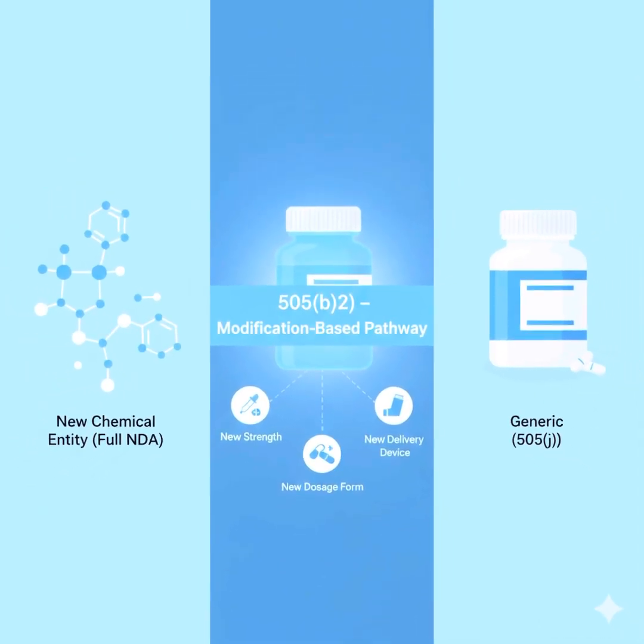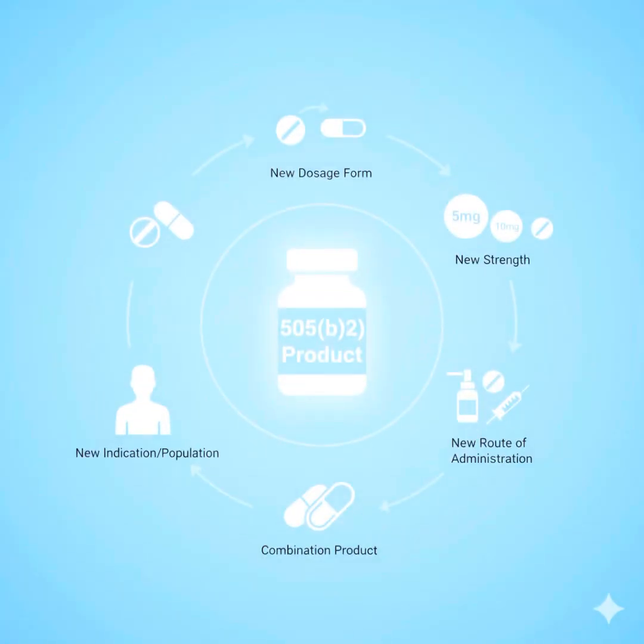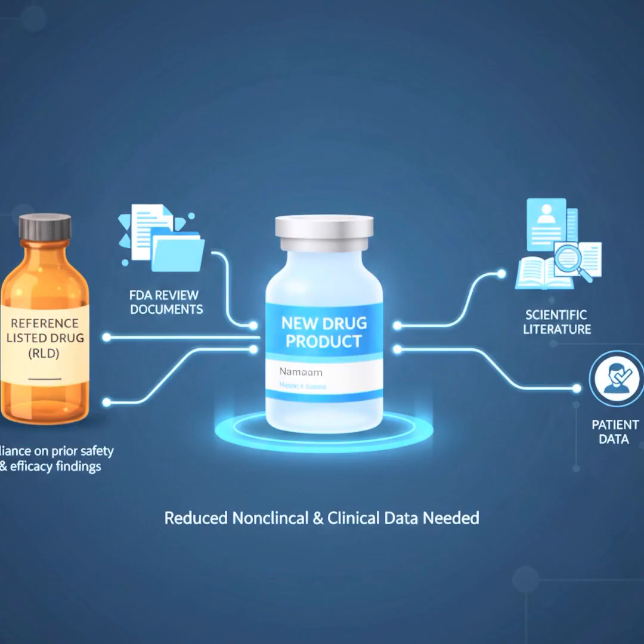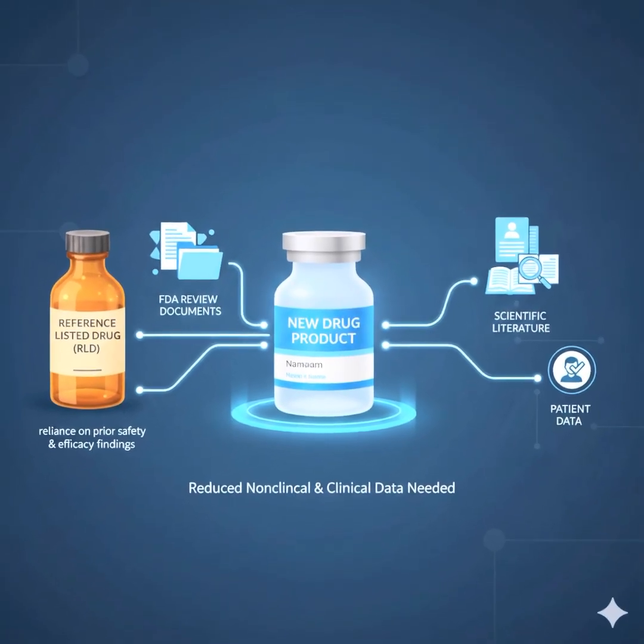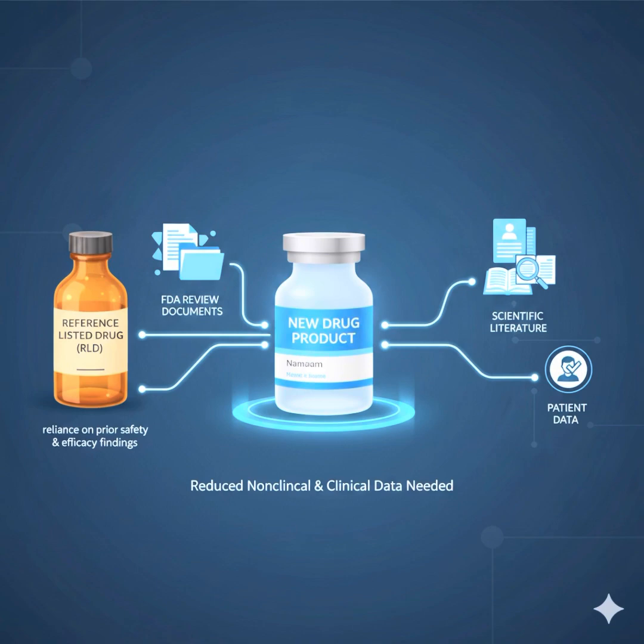A 505(b)(2) new drug application is a hybrid between a full NDA and a generic ANDA. It's used when a company develops a drug that is not fully new, but not a generic. Examples include new dosage form, new strength, new route of administration, modified release formulation, new combination of existing drugs, new indication for an already approved drug. In short, it relies partly on existing scientific data and partly on new studies, because it saves time, money, and